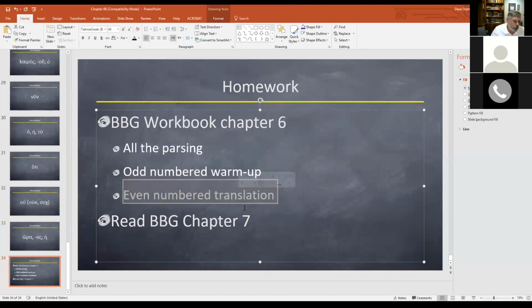There is a section called translation or additional translations. They're a little longer, and those are directly from the Bible. So as you translate them, you begin to recognize them. In addition to that, read the Basic and Biblical Greek chapter 7 for next week, because we've got to move towards the